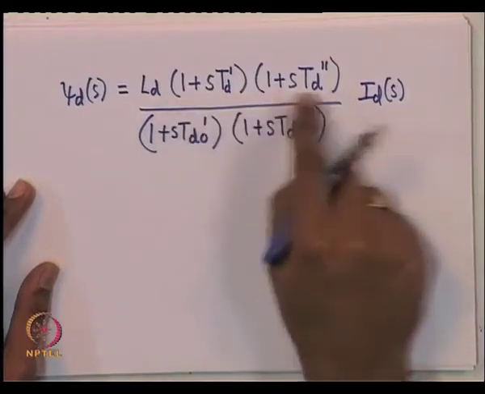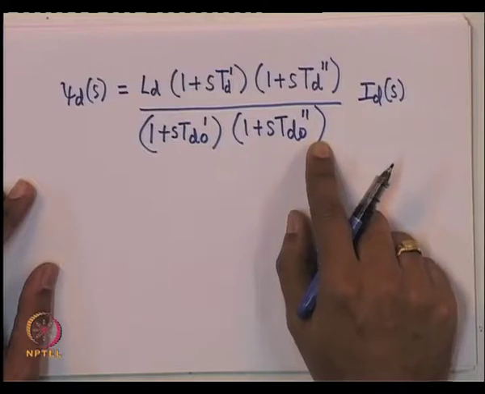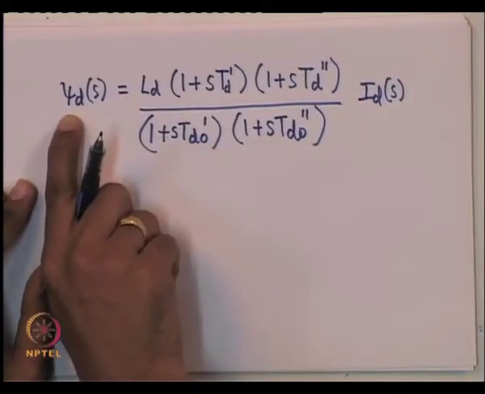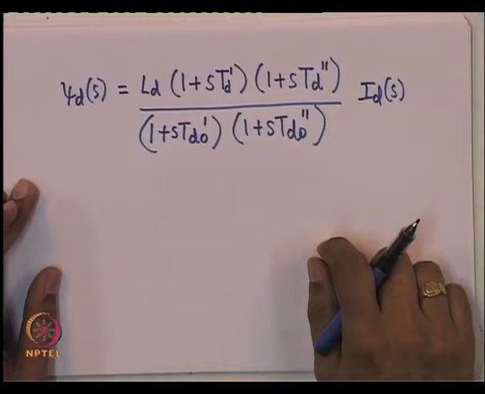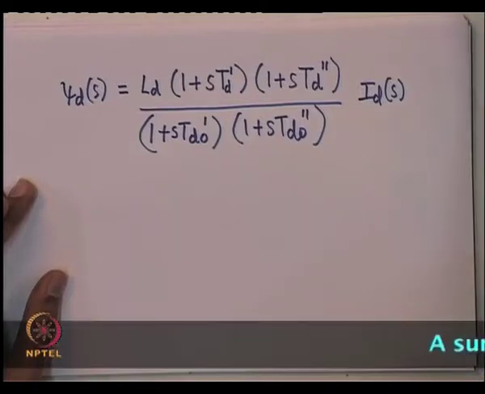So, you have what is known as a second order numerator and a second order denominator polynomial, which relate psi d of s to I d of s. Now, we will do it once. So, just take a deep breath. I will write down the equations which you get